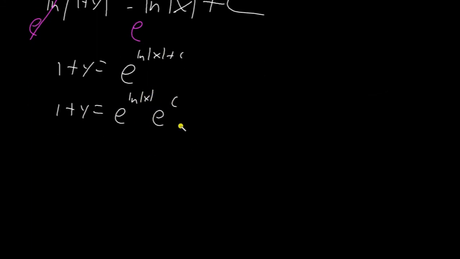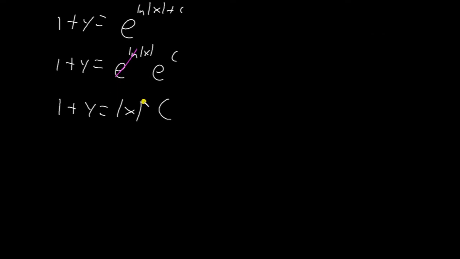Now we'll do two things here. First, the e and the natural log will cancel out again, leaving us just with the absolute value of x. And then we have e to the c. This is just a constant number, right? So even though this c and e to the c are not the same value, we can just say 1 plus y equals the absolute value of x times c. C is just a constant. Remember, it's not a particular number, it's just a constant. So we have this, and then we can solve this for y,